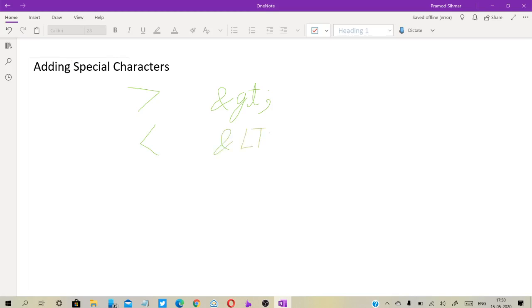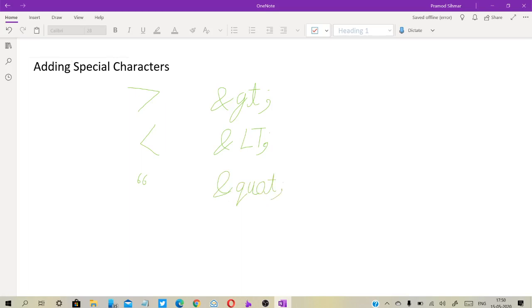If you want to write the less than symbol, then you can use ampersand LT. After that, the terminator again. If you want to write quotes, inverted commas, then you can use ampersand QUOT, then the terminator.